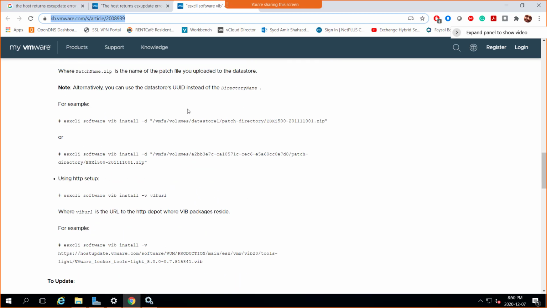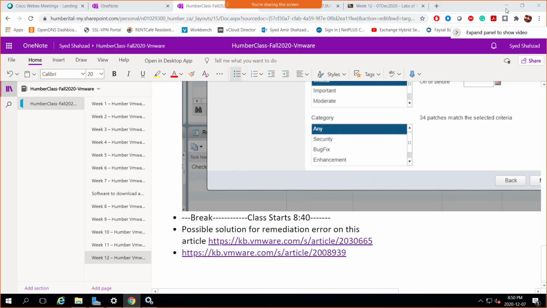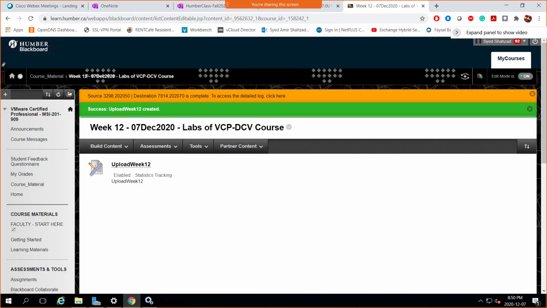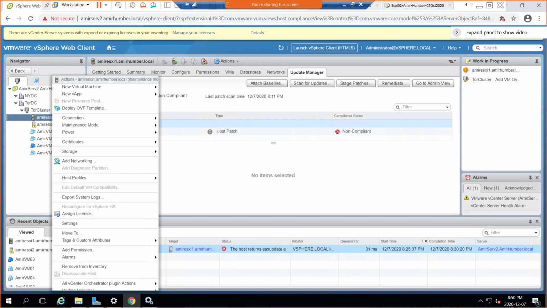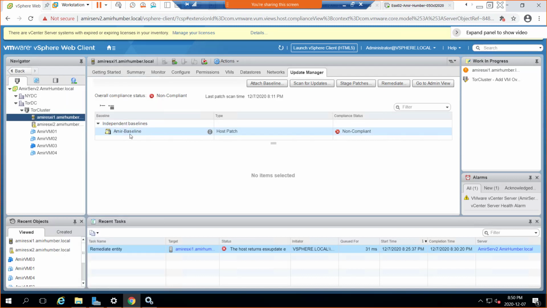So guys, what I would recommend is that you go for it and try to check it out during your free time, how it is implemented. But if we go ahead, as far as the deployment is concerned, this is how we attach and put it in maintenance mode, and then try to go for it. I'll then have to spend some separate time here to troubleshoot it as well. For now, this means that our host is not really updated, and it is not compliant with this baseline here. It is not compliant.